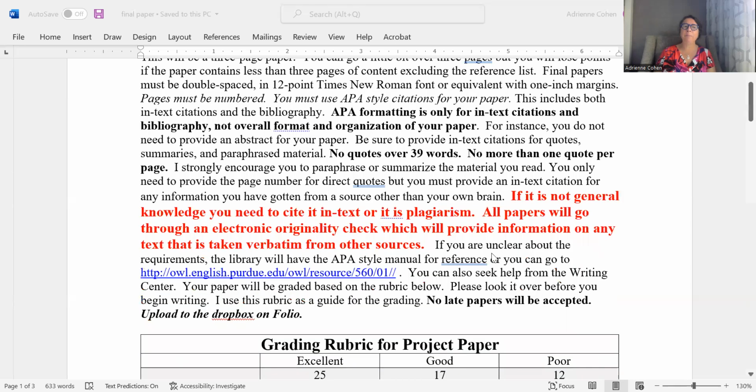Remember that if something is not general knowledge, you need to cite it. Often people will do really well at citing quotes, but then they'll put something in there, sometimes statistics, and let's be honest, we don't have those kinds of pieces of information in our heads. So if it's not general knowledge, make sure you cite the source. If you're taking multiple things in sequential order from the same source, it's okay to cite maybe the beginning and then the end. You don't need a citation at the end of every sentence, but you might cite the first sentence and then say something like, the authors also found this other thing, right? So then I know it's connected to that first